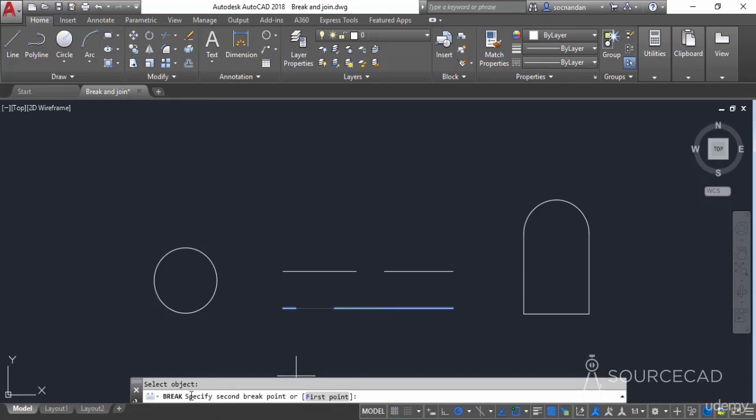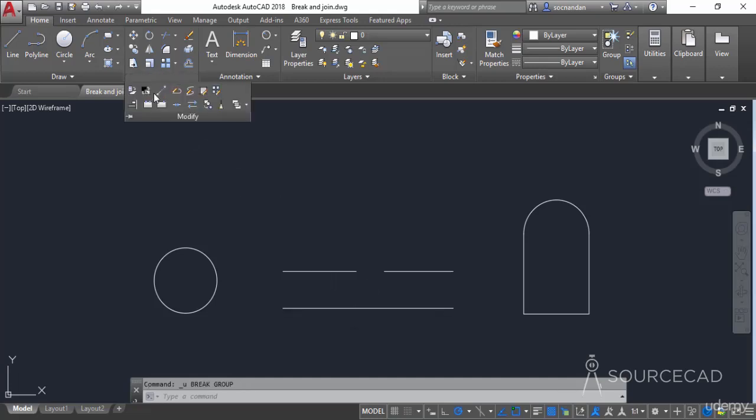The command line is obviously prompting you to select the second breakpoint, but don't select it. Click on the first point option and specify the first point. I'll select a point somewhere around this as the first point, and now I'll select the second point somewhere around here. Now you can see that the object has been broken into two parts, and also there is a gap.